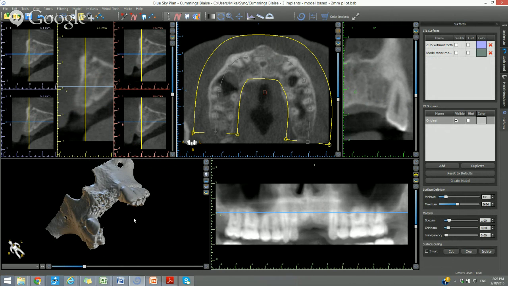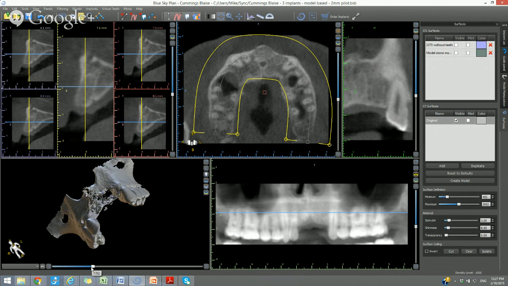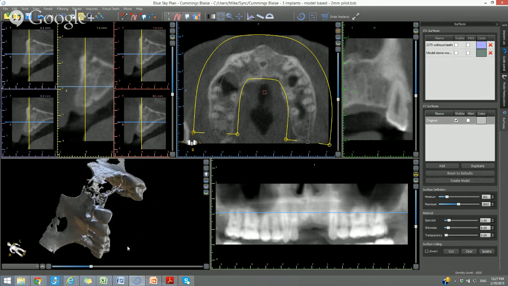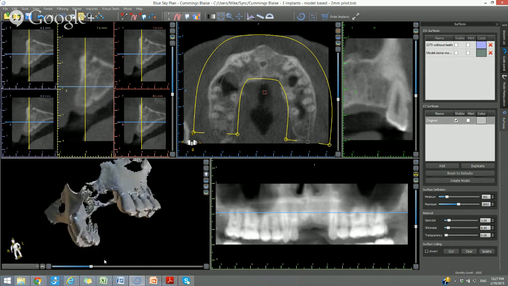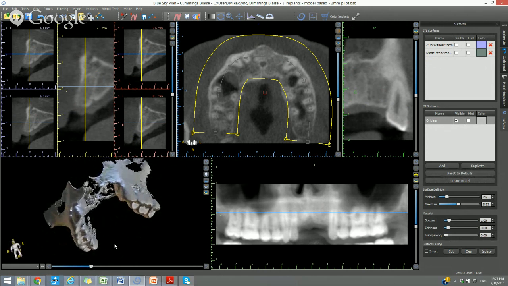And once you have that done, before you do the importation process, you want to go to the presets, make sure you're using surfaces, which is the bottommost option. You could raise your density threshold. What you really need to see are the teeth. So if there is any sort of interfering material, then you could raise the density threshold, and that will often help clear it up. Once you see the 3D CT scan as clearly as possible,